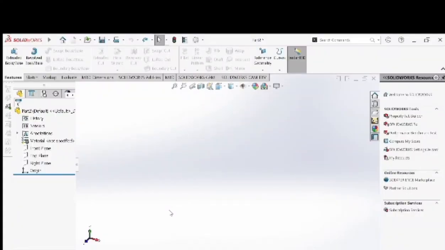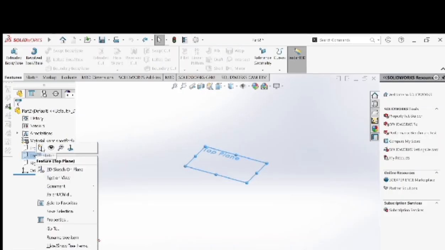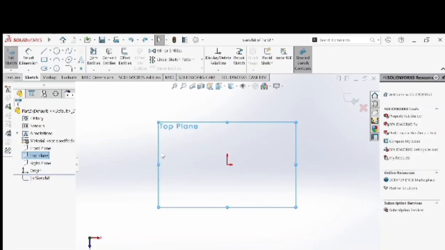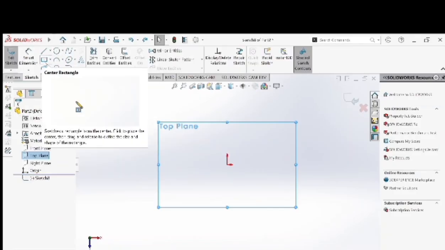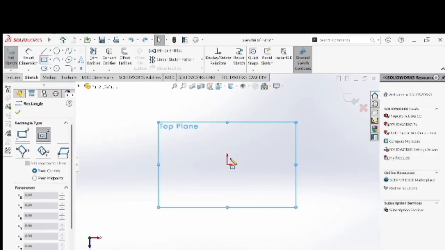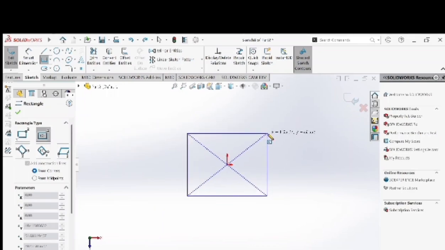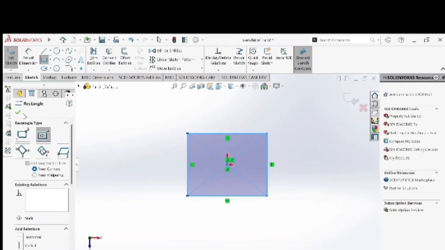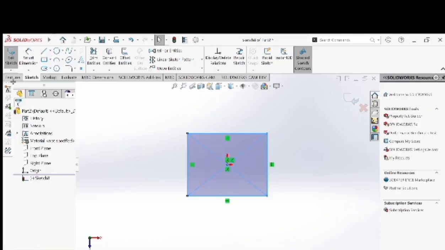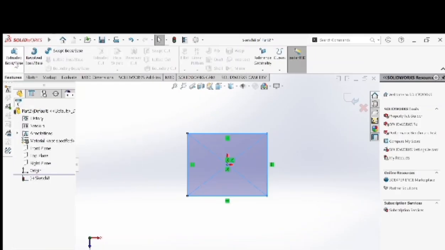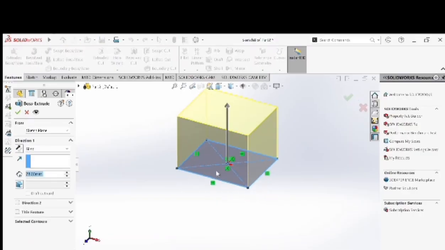So today I'm going to show you how to use Lofted Cut. First, click top plane, click sketch, then click the center rectangle, sketch on the origin, click check, go to features, and click extruded boss or base. Let's edit the height, click check,